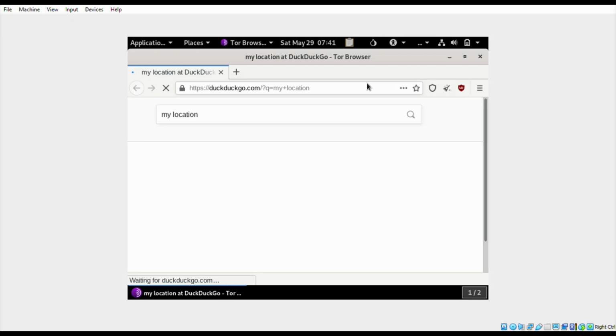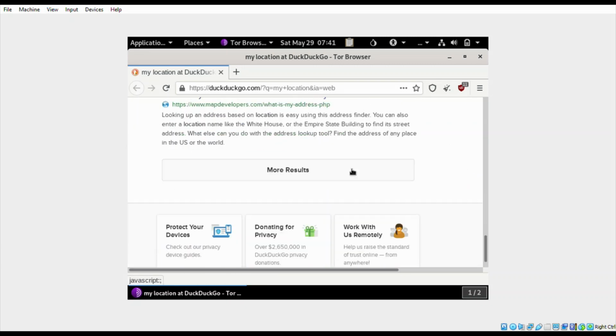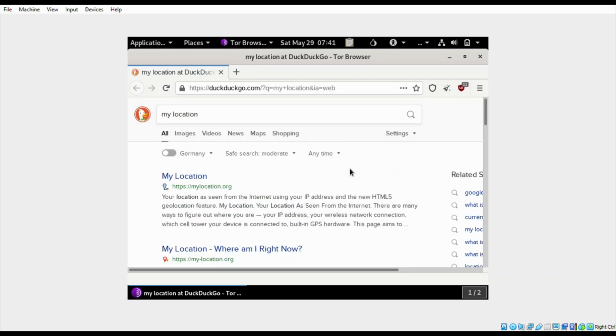So there is not much difference in logging in with our primary OS in a normal web browser or Tails OS with Tor browser. This OS is not meant for everyday life, and of course you cannot install it as your primary OS because Tails won't store anything on your hard disk. It is completely based on the USB. So without storing anything on the hard disk, Tails cannot be used as your primary OS.